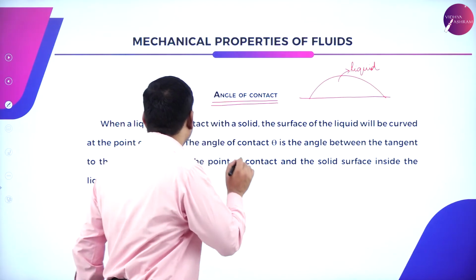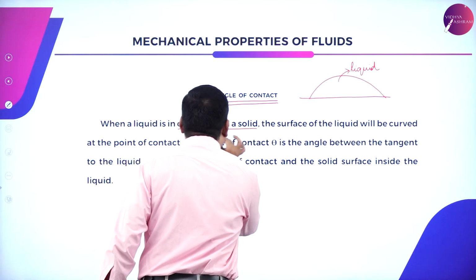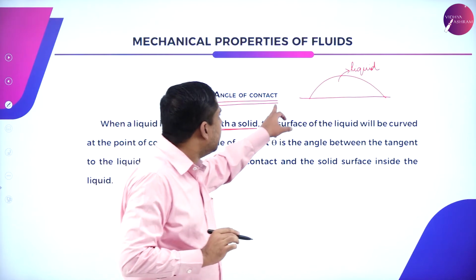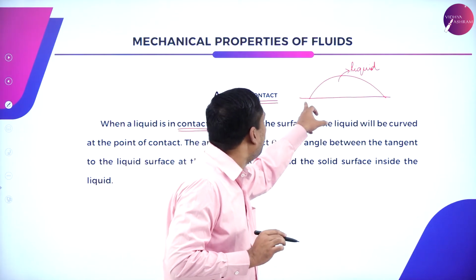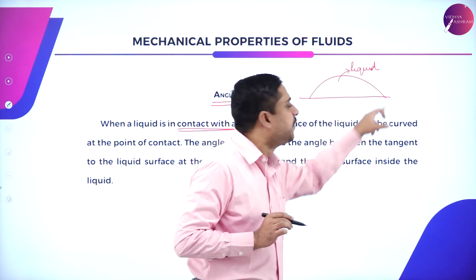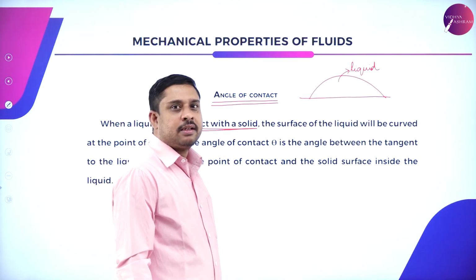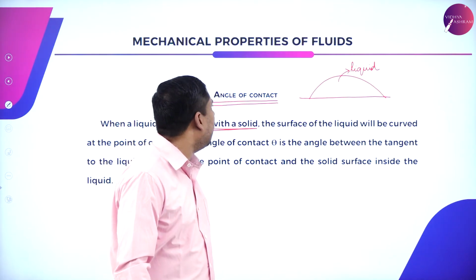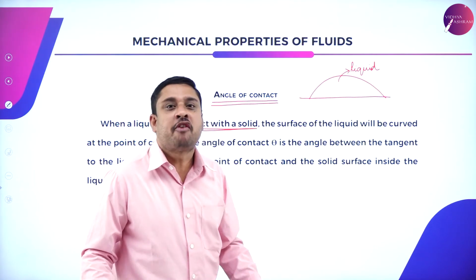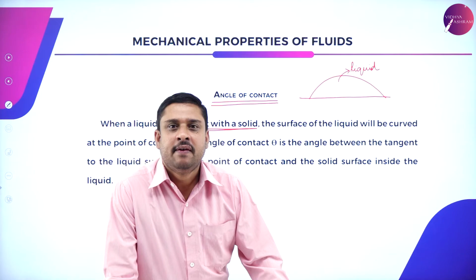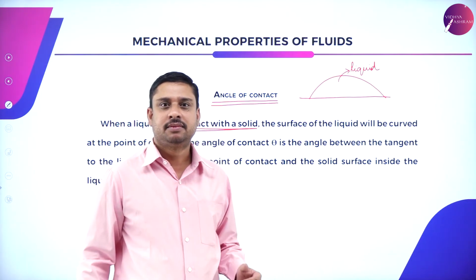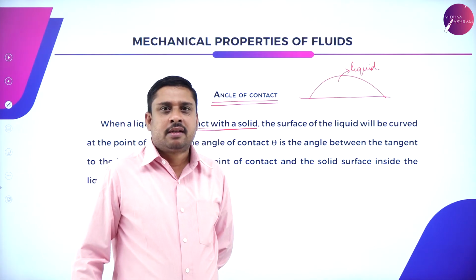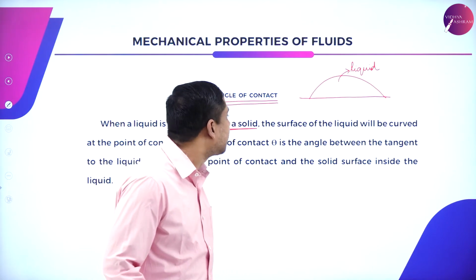When a liquid is in contact with a solid, the surface of the liquid will be curved. The surface of the liquid will be curved at the point of contact, where the liquid is in contact with the solid. The surface of the liquid is curved,